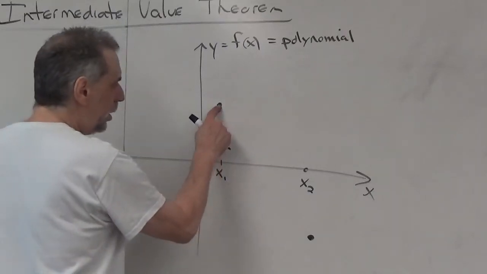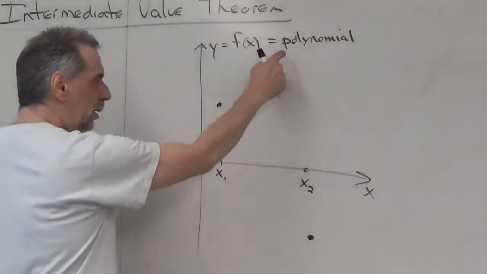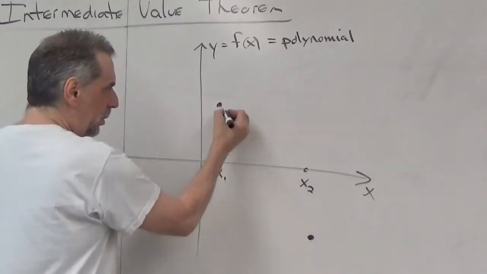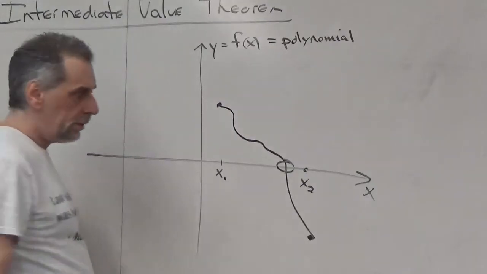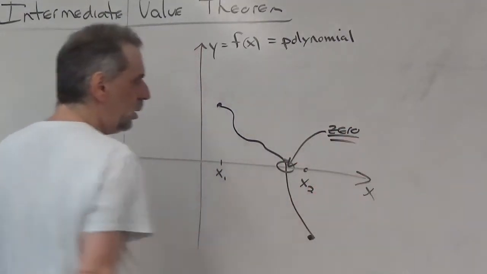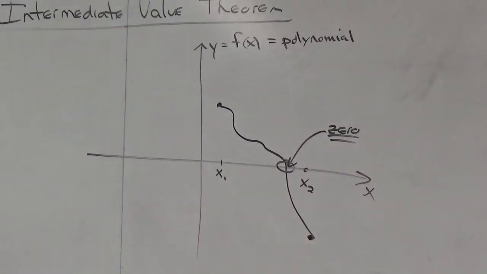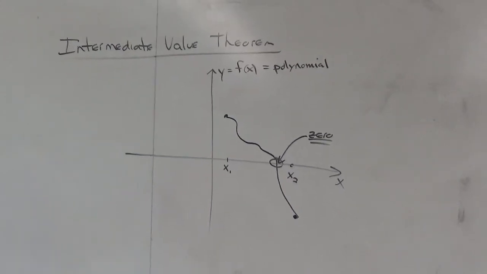To get from here to here on a smooth curve, because it's a polynomial, somewhere, I don't know where, but somewhere it's got to cross the x-axis. Okay? There's got to be a 0 there. That's all the intermediate value theorem is saying. So the question that you'll see involving the intermediate value theorem,